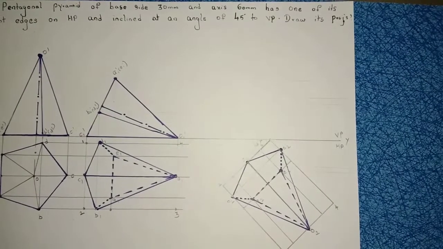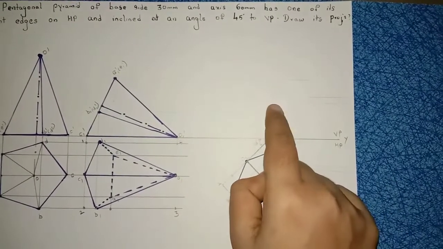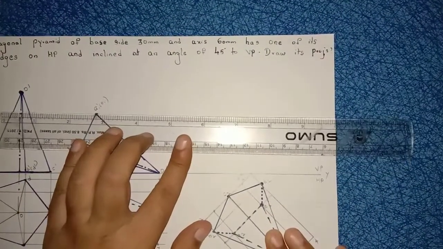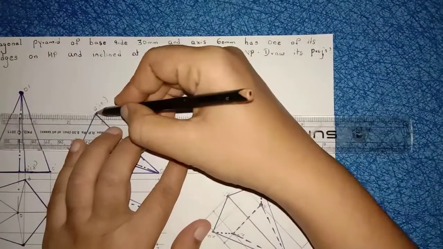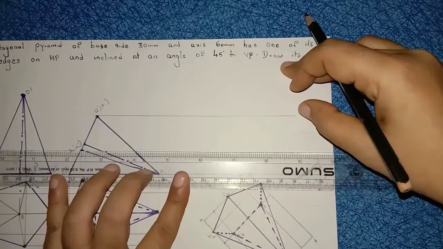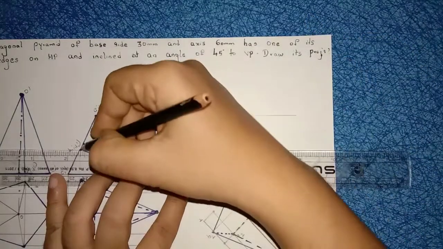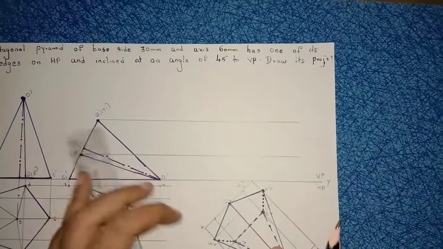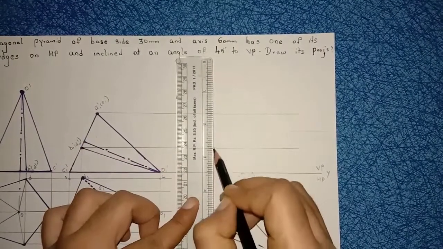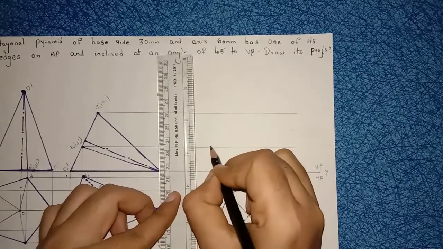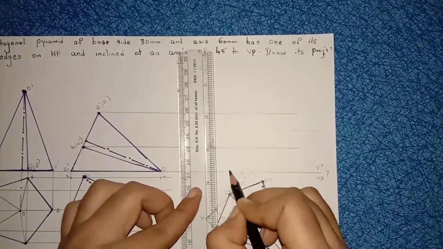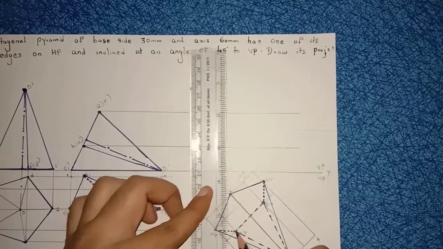Right. After that, now you have to draw the last step here. In order to construct the step there, from every corner project the line of any length. From all the corners of the pyramid, project the line of any length. Right. So same process. This is B point. From B to B, I am naming it as here B2 dash. This is C point. From C to C, I am naming this as C2 dash. This is your point A.